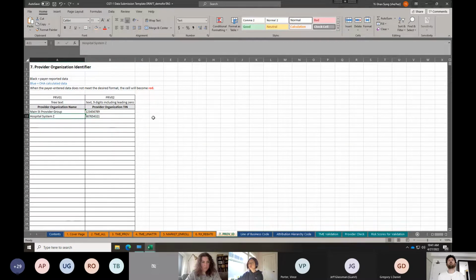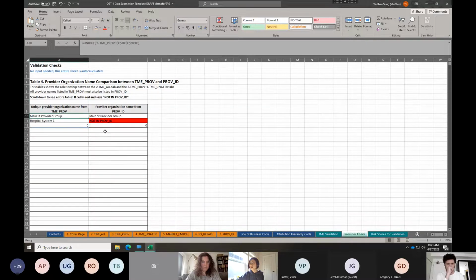Let's say, for example, we don't have hospital system Z being reported in the provider ID tab. Then you will see the red flag, which tells you this provider organization is not in the provider ID tab, so you need to address this issue before you submit the data to us.